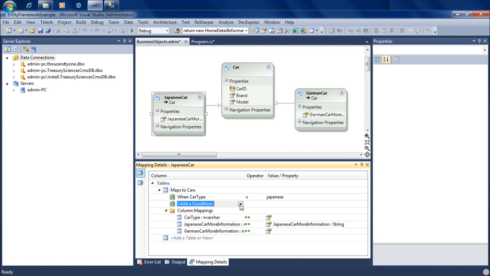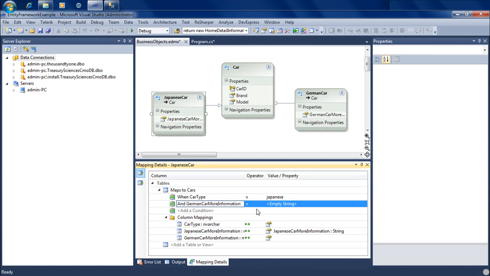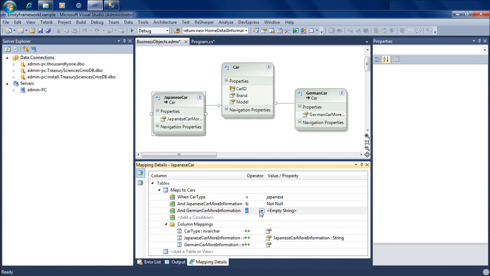I want to make sure that my Japanese car information is not null, and my German car information is null.